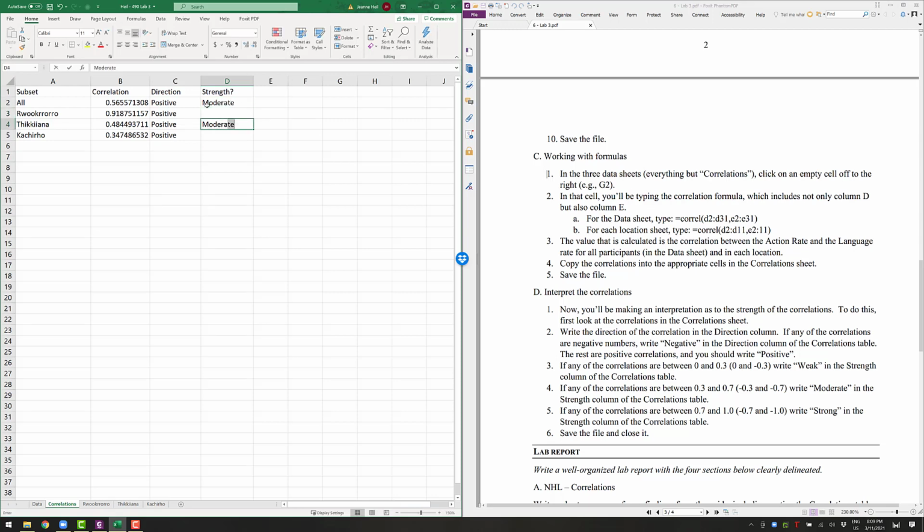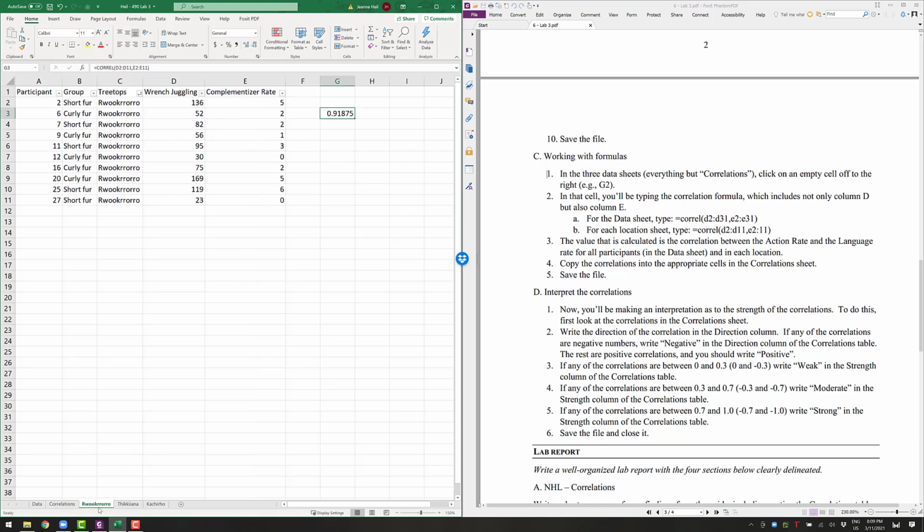Fickiana and Kachiro. Great. So what's left is strong here for Ruruk-Roro. It's a strong correlation. It's very correlated. And in fact, let's go ahead and make charts for Ruruk-Roro and Kachiro, because I feel like it'll be very clear. We should see a strong positive correlation for this one and kind of a middling to low one here for this one. So let's go into Ruruk-Roro